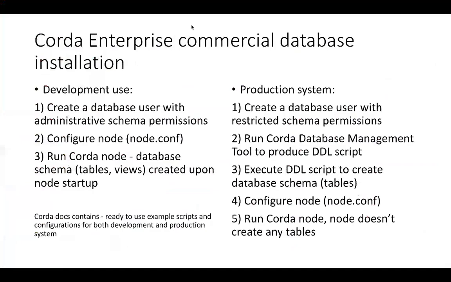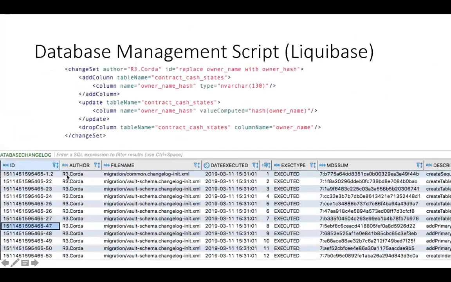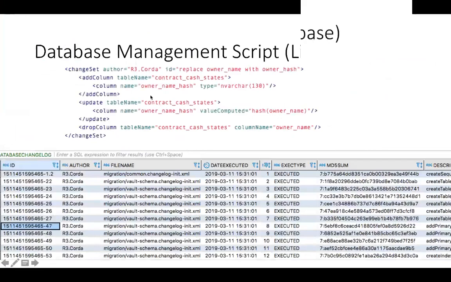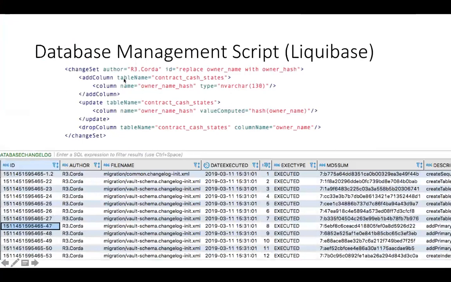And the interesting thing is, okay, so how in point 3 the Corda node creates the database. So we are using a third-party Liquibase library, and the database schema is actually expressed in XML. It can be expressed differently. The aim is to be portable across different database vendors. And when the node starts, it just scans for all